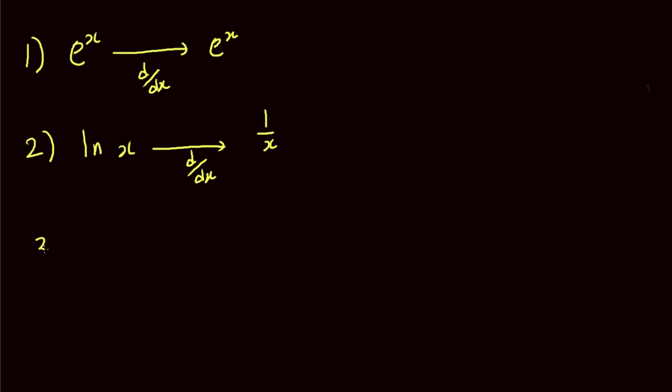For the log base 10, if we take the derivative of it, we get 1 over x multiplied by log base 10 of e. So that is for the case when we're dealing with